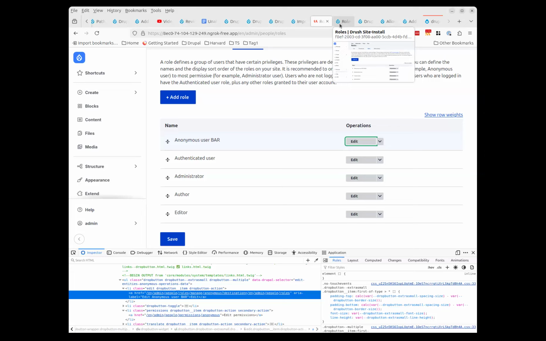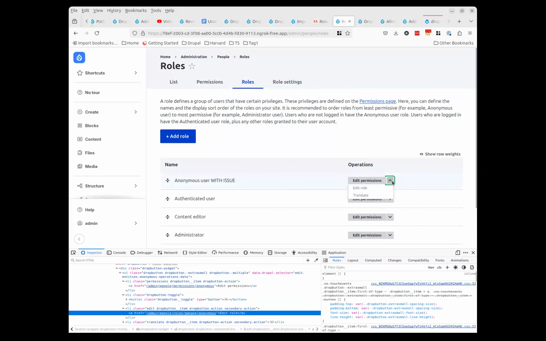Just one other detail, also mainly from the perspective of a screen reader user. It's not that big of an issue because there are only two options in a row, but usually it's preferable to avoid a redundancy, having two options start with edit. So it's edit permissions, edit role. And that way, yeah, it's suboptimal. So this is, again, not making it any worse, but maybe we can make it better at the same time. So the current state is edit and edit permissions. And here it's edit permissions, edit role.